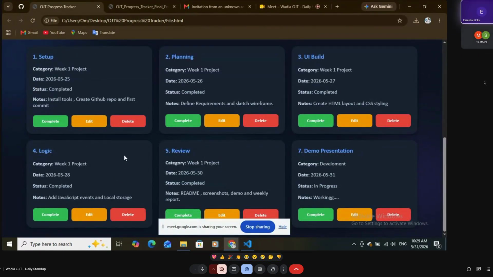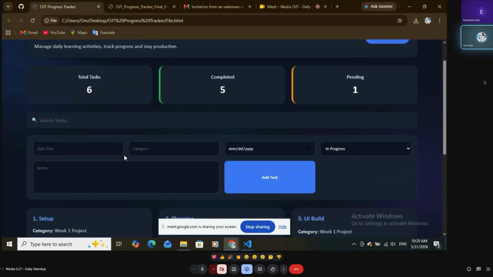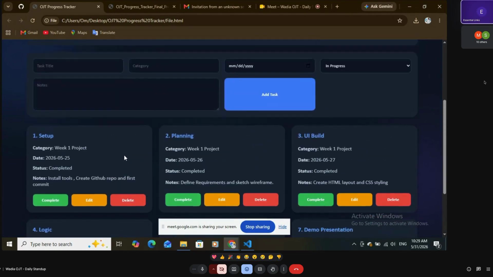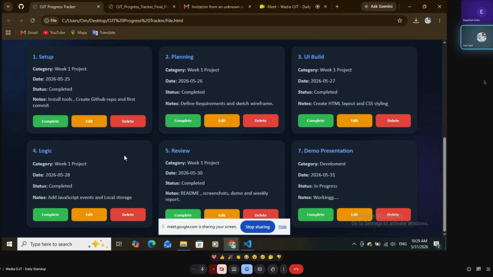Okay. So for the backend side, have you used Node.js? No, sir, I have not used Node.js. What have you used? Sir, I have used JavaScript. Okay, and why is that? For JavaScript to add functionalities to the project, like adding new tasks, editing existing tasks, marking tasks as completed and so on. So basically, that is happening from your front end file.